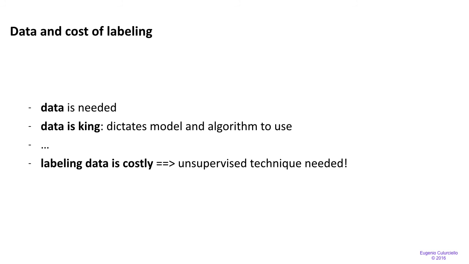As we said at the beginning of this series, data is very important. Data is the king. It's the one that gives us the ability to train very powerful neural network models, and it's needed. But the problem is that labeling data is very costly